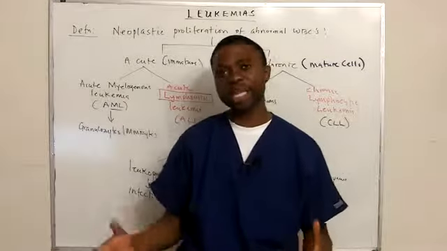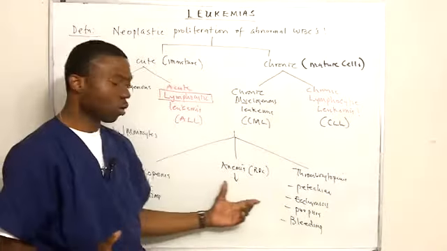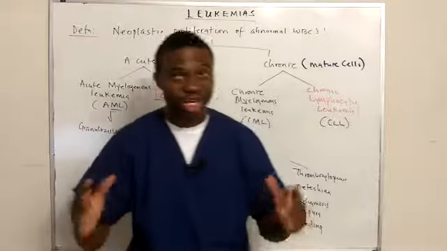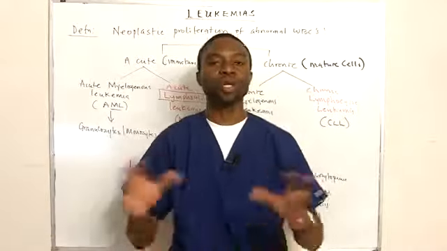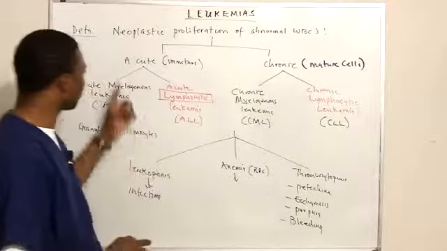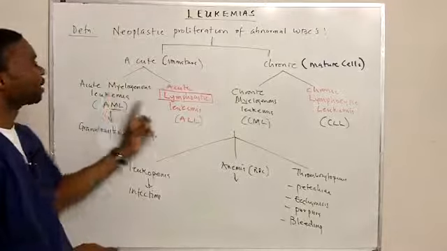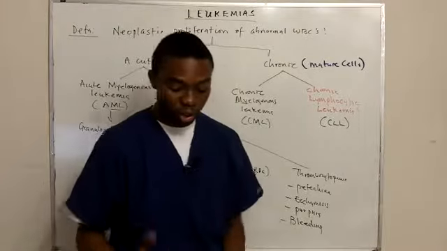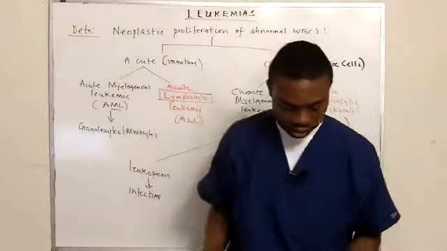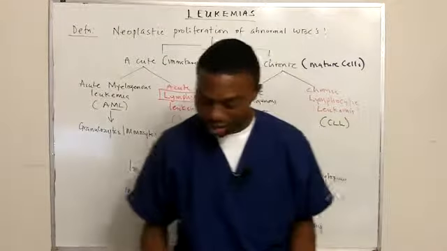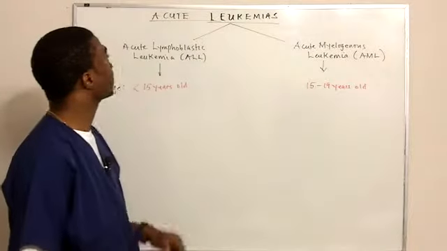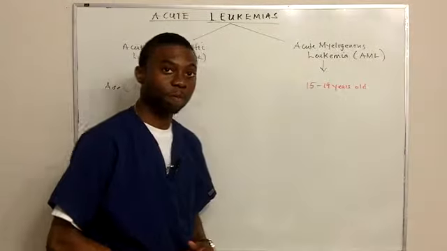Also, they might have some fatigue and weight loss, and that's always going to fall under anemia. And that will be the general overview of just what leukemia is all about. Now we're going to take it one at a time, what we need to know about each of these leukemias, starting with acute leukemias. Our next lecture will be on acute leukemias.